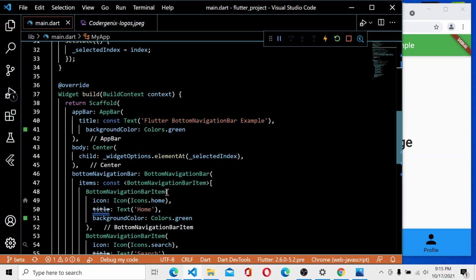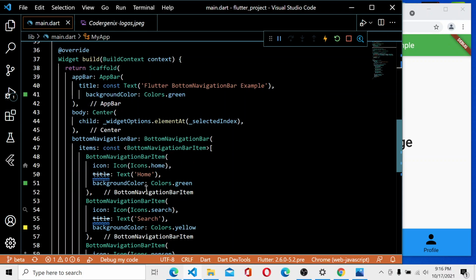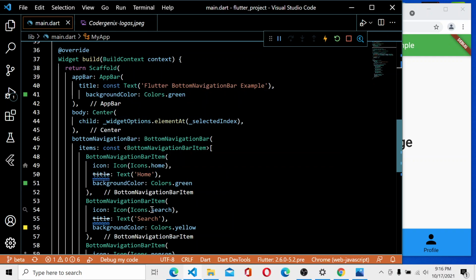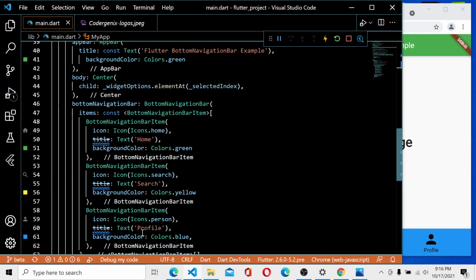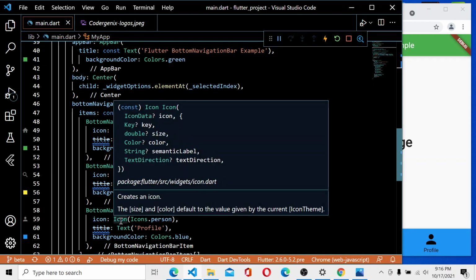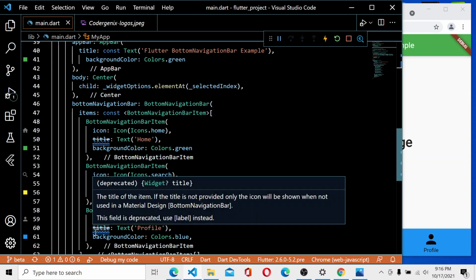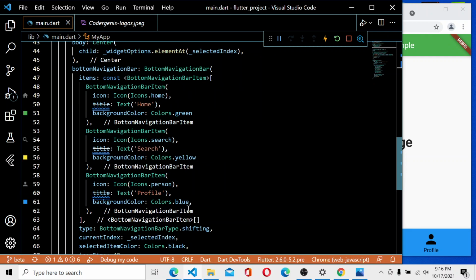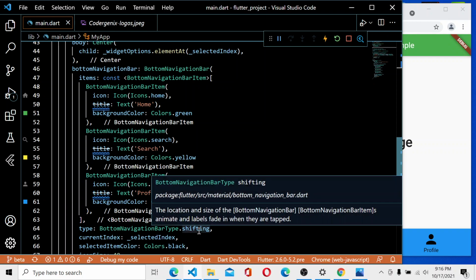Inside the list, the first BottomNavigationBarItem has icon of Icons.home, title Text home, and background color Colors.green. The next BottomNavigationBarItem has icon Icons.search, title Text search, background color Colors.yellow. Then a BottomNavigationBarItem with icon Icons.person, title Text profile, background color Colors.blue. And after that the type is BottomNavigationBarType.shifting.